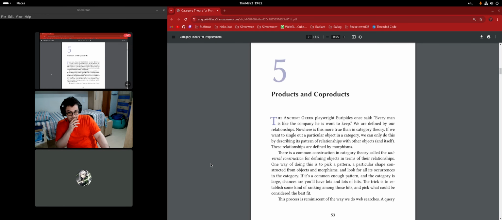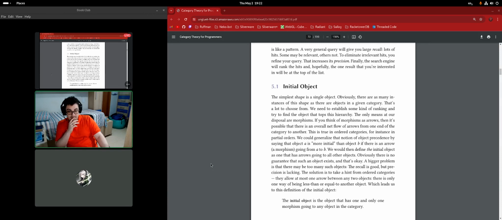So then we're gonna go with the first definition, which is the initial object. And here I have my first question to you. When I read the initial object and terminal object definitions, my first intuition was going back to that weird lattice abstraction that we talked about someday last week, and the top and the bottom. These definitions actually remind me of that.